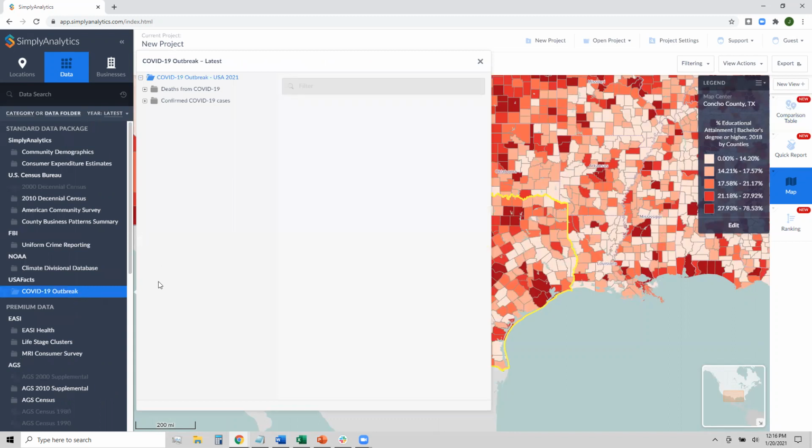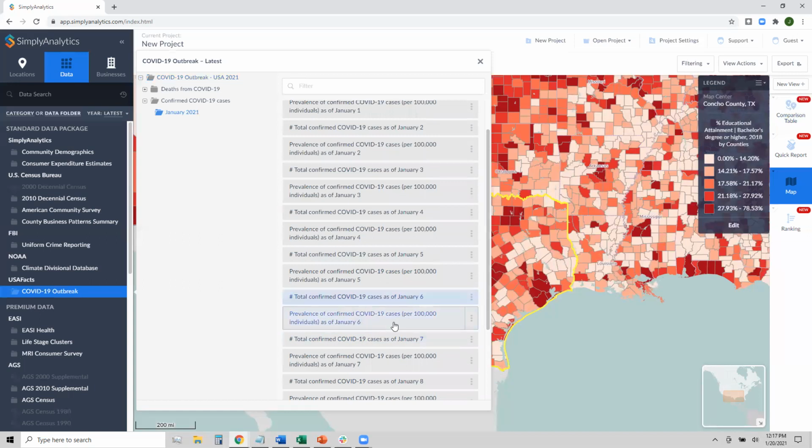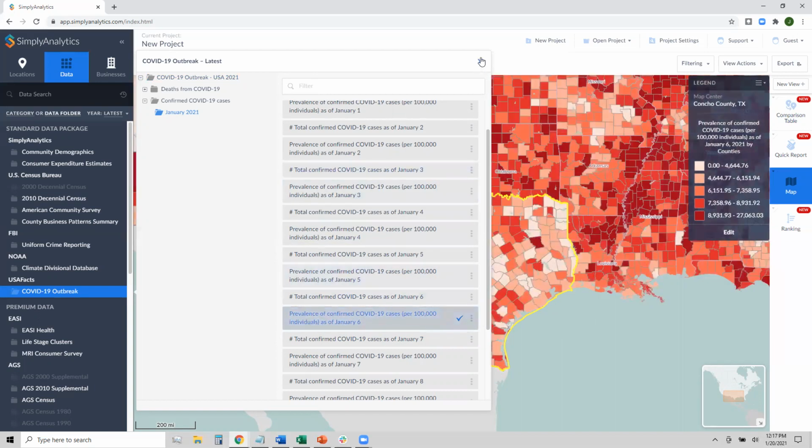And as I mentioned in my PowerPoint, the data is broken down in two large sections between cases and deaths. So I'm going to open up the cases for January 2021, and I'll just pick one of these dates here. To select the data variable in SimplyAnalytics, all you have to do is click on it. And when we close out the variables panel,